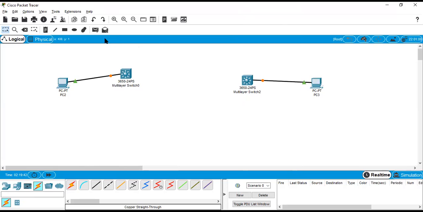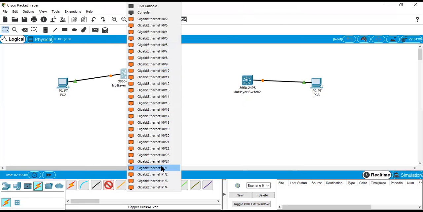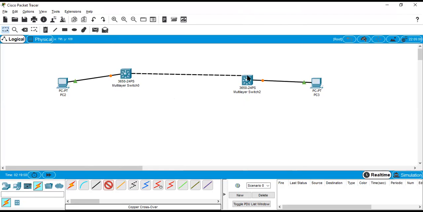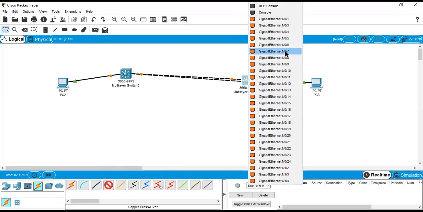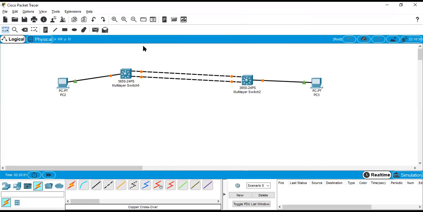And then this is the uplink port 1 and 2, and 2.